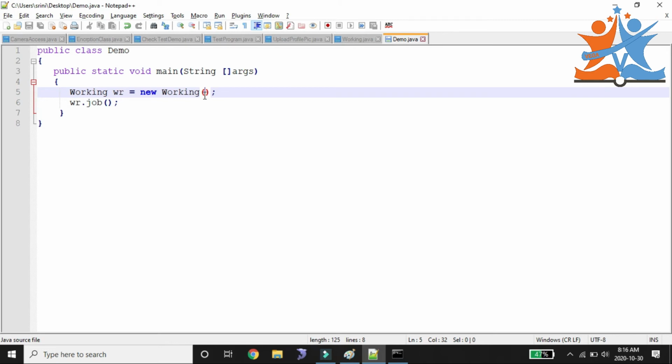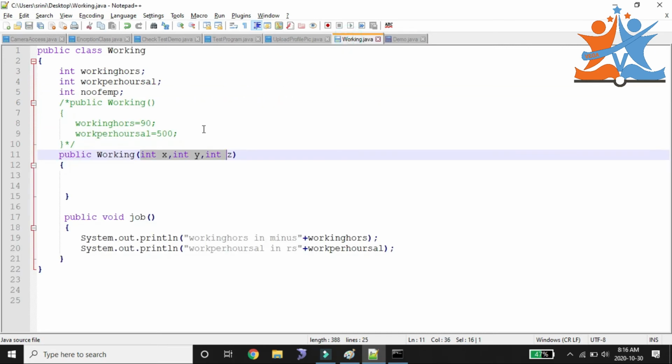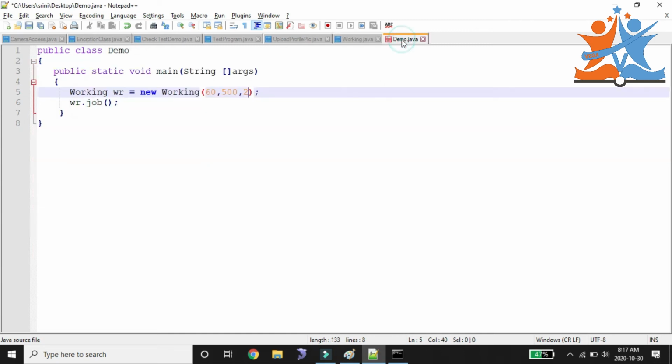For example, here I am passing 60, 500, 2. These values go into x, y and z, because the constructor will store the x, y, z values with the help of 60, 500, 2.